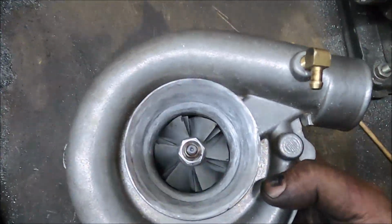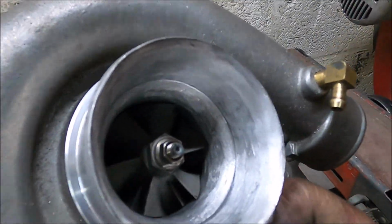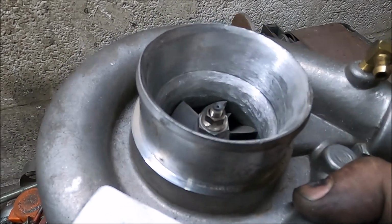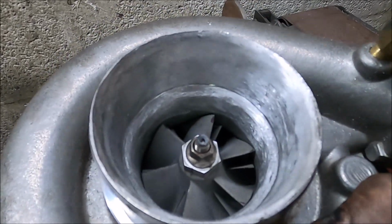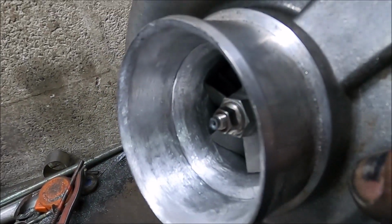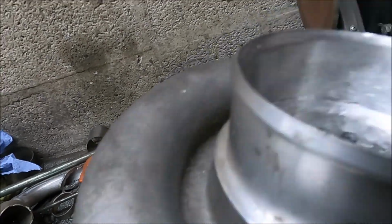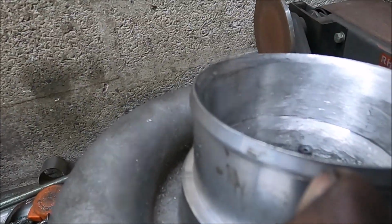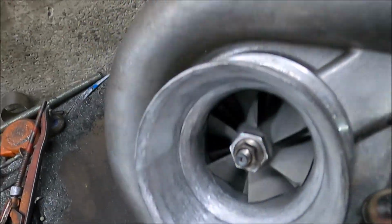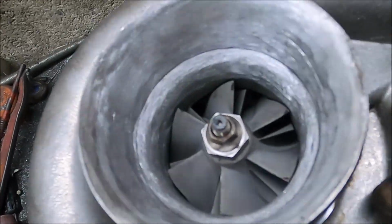For the compressor, I didn't film it because I kind of got bored, but as you can probably see now, it is basically bell mouthed from start to finish. Look at that. I mean, the inner lip is still there, but radiused a lot smoother than it was. The angle is now very smooth, and the outer lip is now non-existent, thankfully, because that lip there is big enough that I could, for all intents and purposes, knife edge it. So obviously I need to smooth this out a bit, but